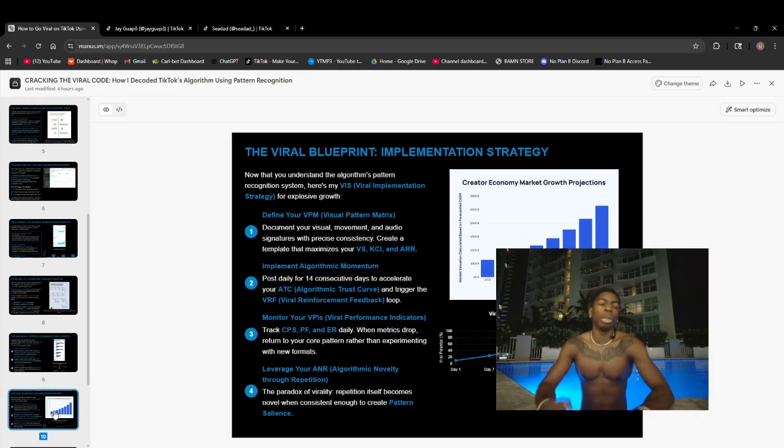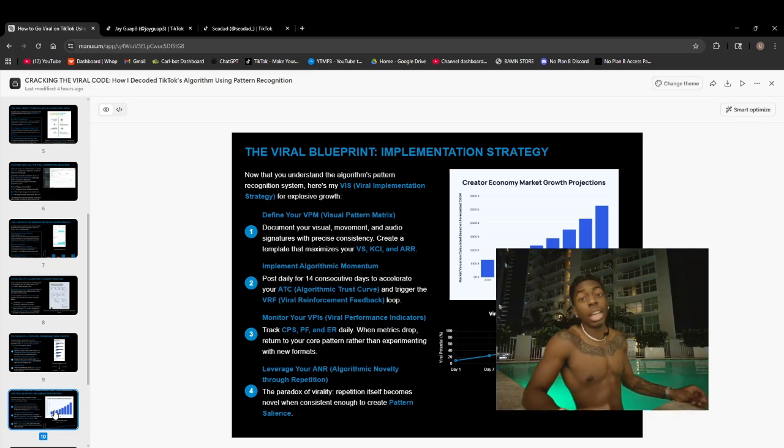Make sure you employ those 3 pillars: visual salience, kinetic consistency index, and auditory recognizability rate. Definitely butchered that, but you get the point. Your look, your sound, and your movement. These are the most important factors in establishing your character to the people that watch you, but also the algorithm. Because at the end of the day, if the algorithm doesn't like your content, it won't show it to people.